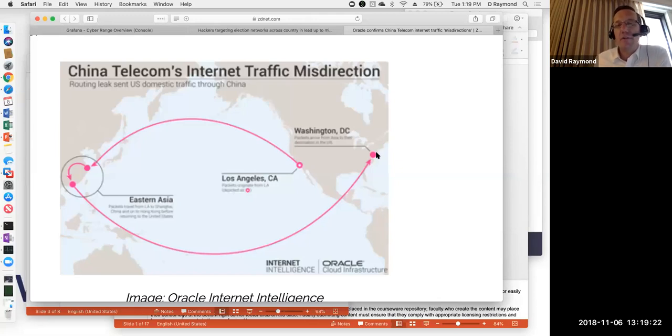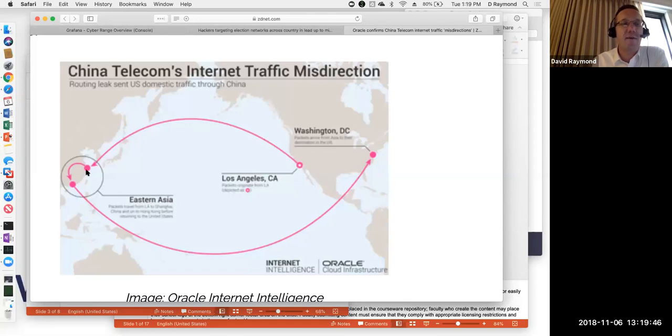So this traffic is traveling at roughly half the speed of light, and you're really not going to notice the fact that the data traffic traversed the Pacific and went to China. So who cares? Well, the people who are communicating care, because now your data, instead of being located within the continental United States, whatever data you're communicating is traveling over to China.